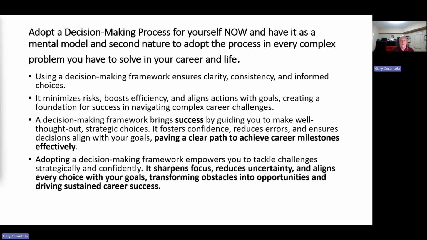There are all kinds of different types of decision-making processes out there, but if you find one, I guarantee it'll sharpen your focus, reduce uncertainty, align your choice with your goals, transform obstacles into opportunities, and drive sustained career success. So it will really set you up for whatever you choose to do when you leave this program. And what to remember, I think, foremost, is that